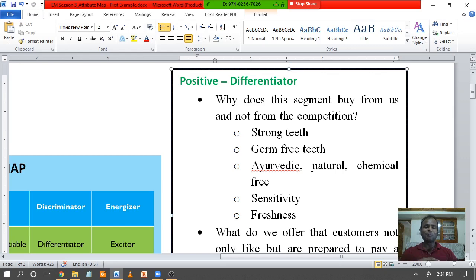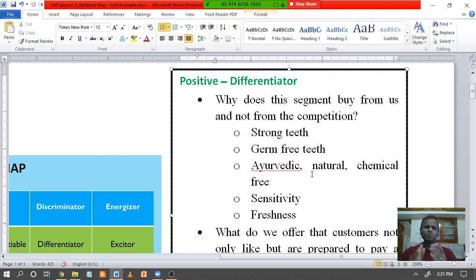And then when it went to the market, now for example, you are using Colgate toothpaste for how many years? Maybe you are using it, your father used it, your father's father used it. Maybe there are generations of people who are using Colgate toothpaste, and next time they go to the supermarket, by default their hands will fall on Colgate toothpaste and they'll buy it. Now you have to change that person's perspective and make him buy Patanjali toothpaste.